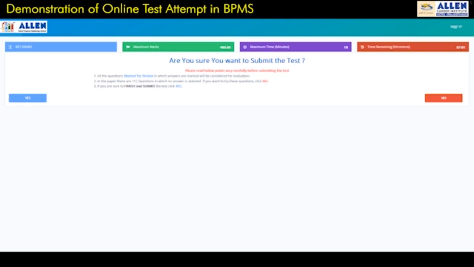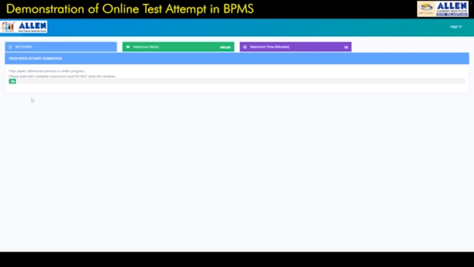Once you click on the OK button, the paper starts submitting. One thing is there is a reverse clock running at the top right side. Like that, your paper gets submitted. Until your paper is submitted, you have to wait for a few seconds. And one more thing: at the time of submission of your paper, your internet speed should be proper. Because in between the paper, if your net speed is not okay, then the system will take your answers, whatever you are marking, automatically. So there is no need to worry about the internet in between the paper, but during the submission you need to have a proper internet.